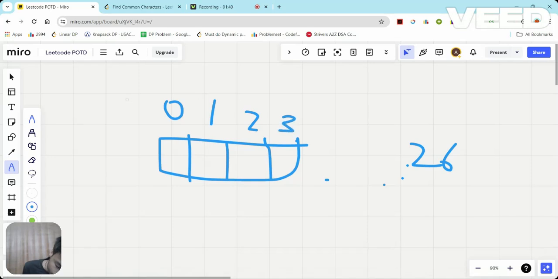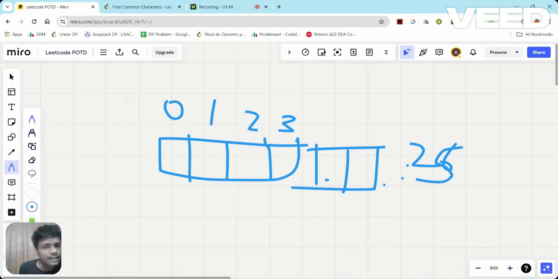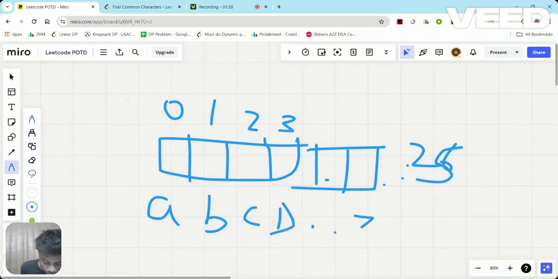The zeroth index will indicate A, the first index will indicate B, the second index will indicate C, the third index will indicate D, and so on, and the last index will indicate Z.